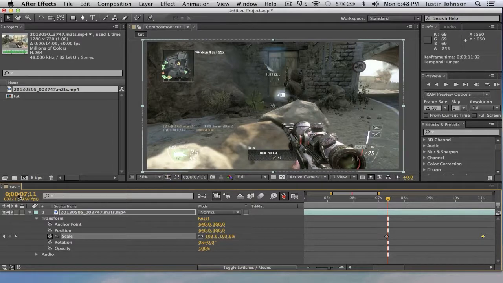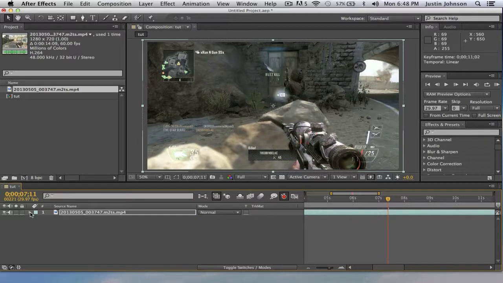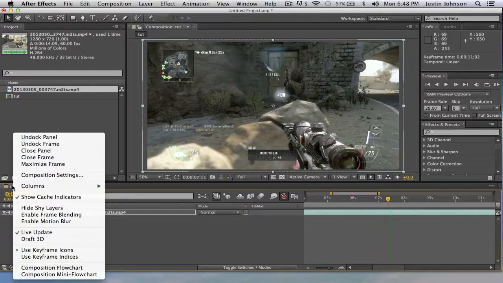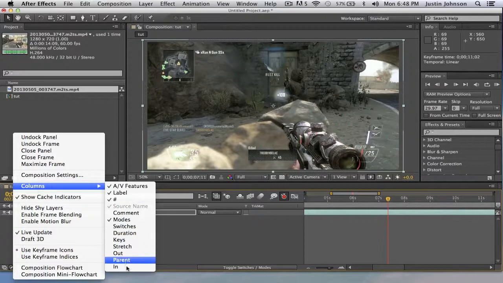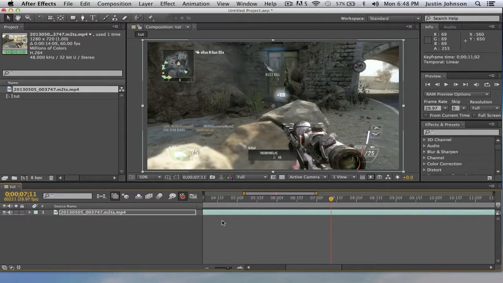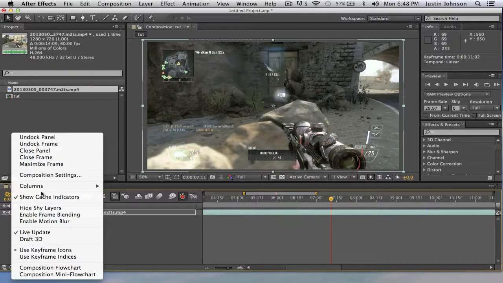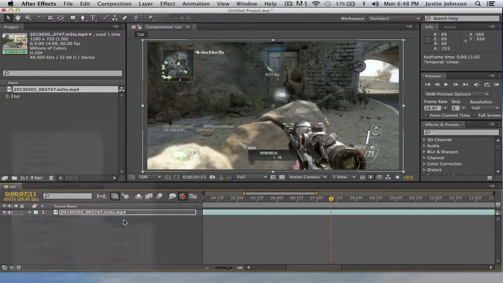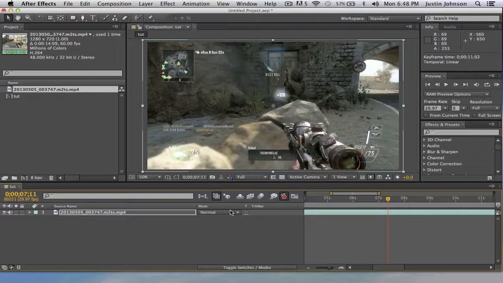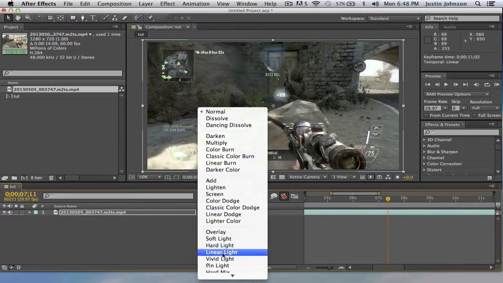So one thing that I've found that I've had to do is you can go over here and right click and click on columns. This will give you a couple of different things that you're going to need, like modes. Take that off, that's not there. Hey look, it's more convenient to do this. No, you're kind of screwed in other ways. I mean, obviously you can just go back and add it in there whenever you want, but this will affect